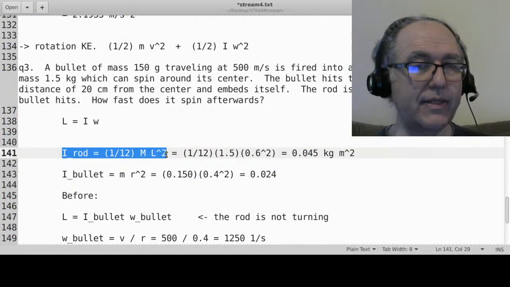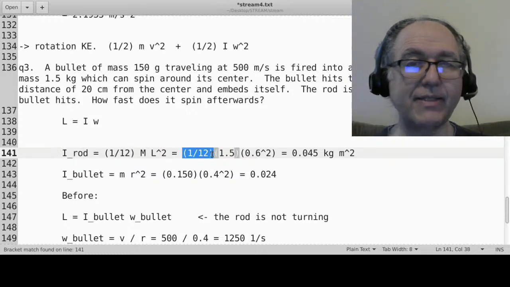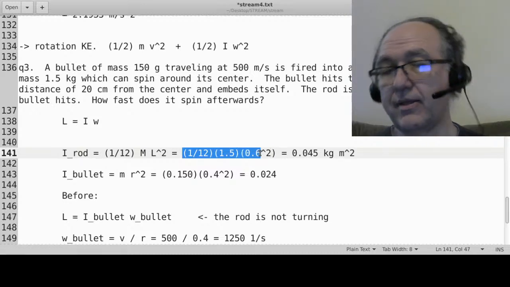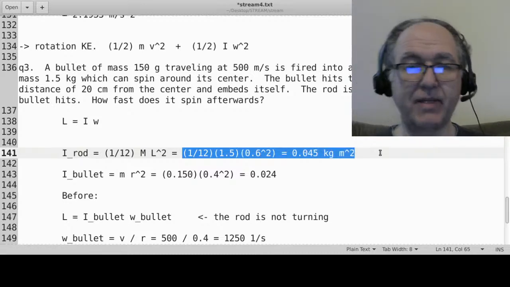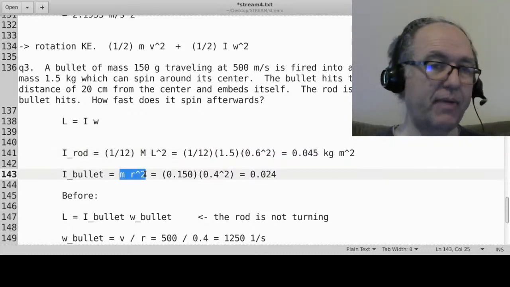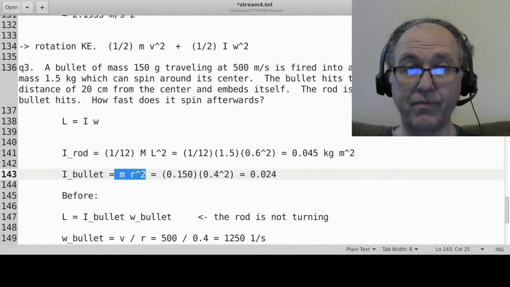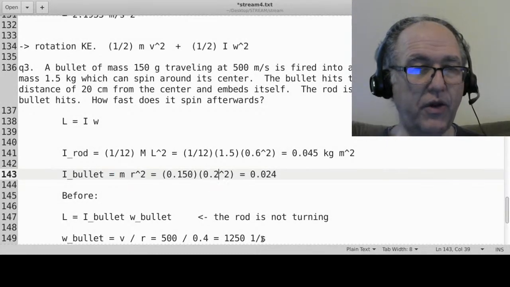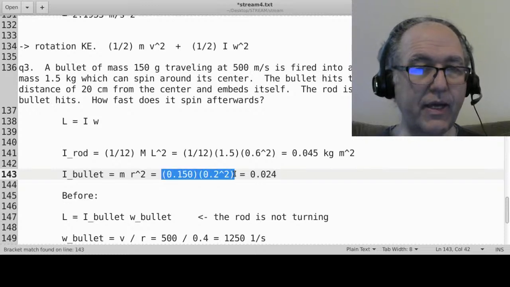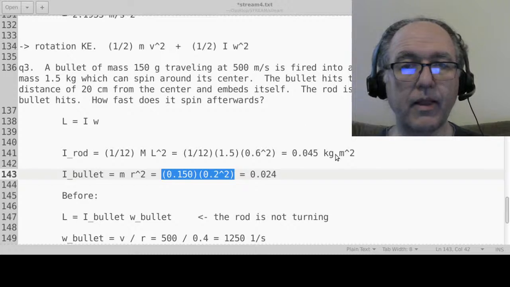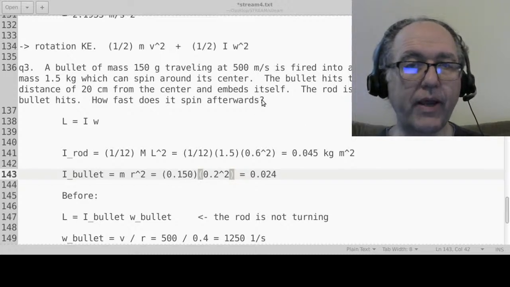Over here, the moment of inertia of the rod is 1/12 ML squared. So that's 1/12, M was 1.5 kilograms, and the total length is 0.6 squared, and that gives me that number right there. Now, the bullet, I did this wrong, but I'll just recalculate it. For the bullet, MR squared is correct, but now I should actually be using the number 0.2 there. Let me quickly calculate that on my calculator, and I get